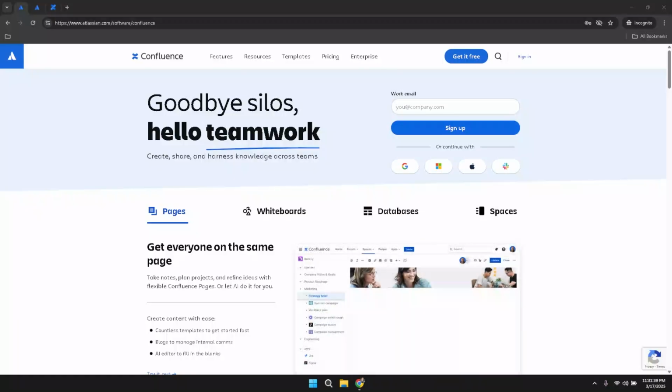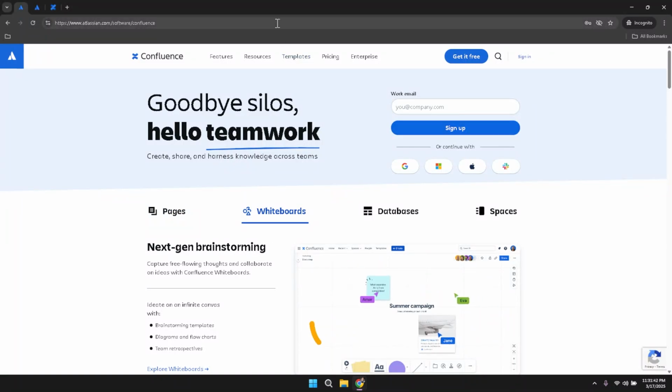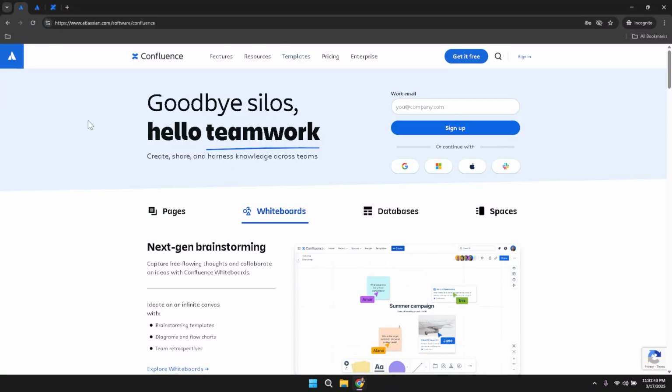Begin by opening your web browser and navigating to the Confluence website. As you load the page, take a moment to appreciate the clear and organized interface that awaits you. The design of Confluence is intended to promote collaboration and easy navigation, so once you see the homepage, you're already on the right track toward harnessing its numerous features. You will notice that Confluence's interface is both inviting and efficient, making your transition into using the tool smooth and